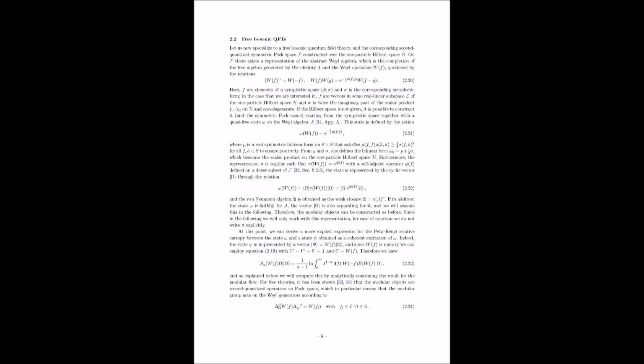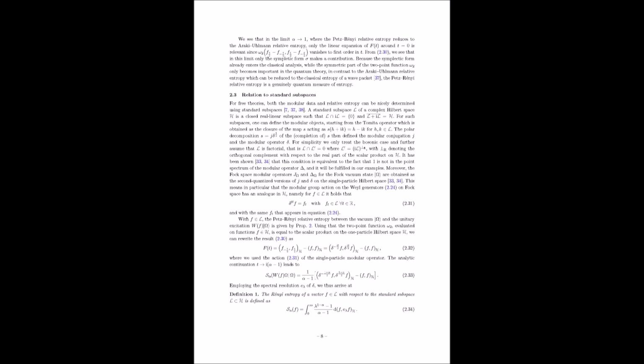They employ a technique called analytic continuation, which we discussed in the previous section. Remember, this involves extending the domain of a function from real values to complex values. Okay, I'm starting to get a feel for why analytic continuation is so powerful. It's like we're expanding our mathematical toolbox to include these new complex dimensions. Exactly. And in this case, they use analytic continuation to evaluate the two-point function of the scalar field, which is a key ingredient in their formula for Petz-Rényi relative entropy. The two-point function.